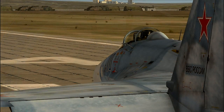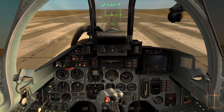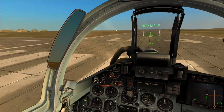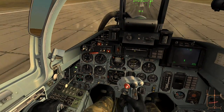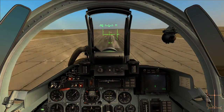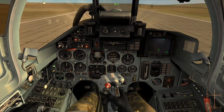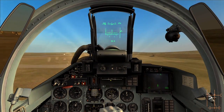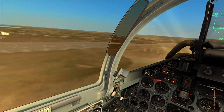Alright, all set? Here we go. Advancing the throttles to full military power, brakes released, and rolling. Rotate, gear coming up, and there's the G channel coming up with them. Putting in a bit more nose down trim, getting our airspeed up,